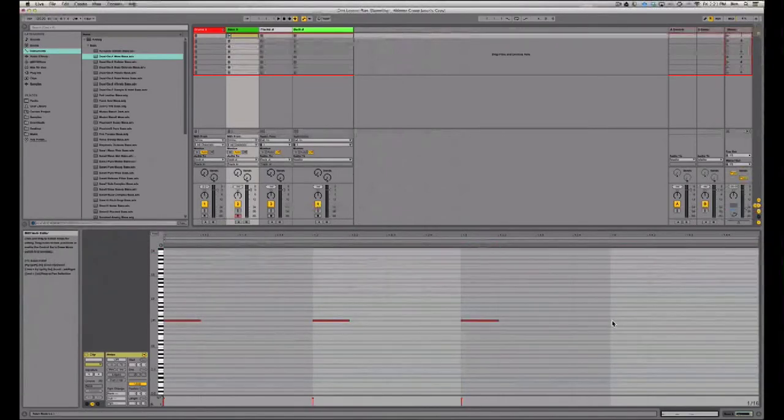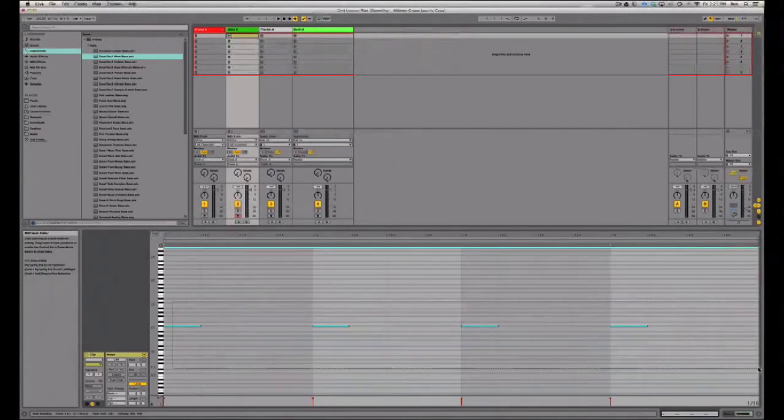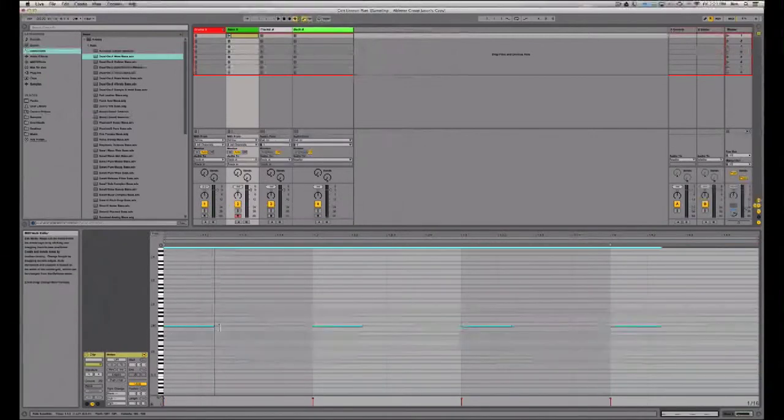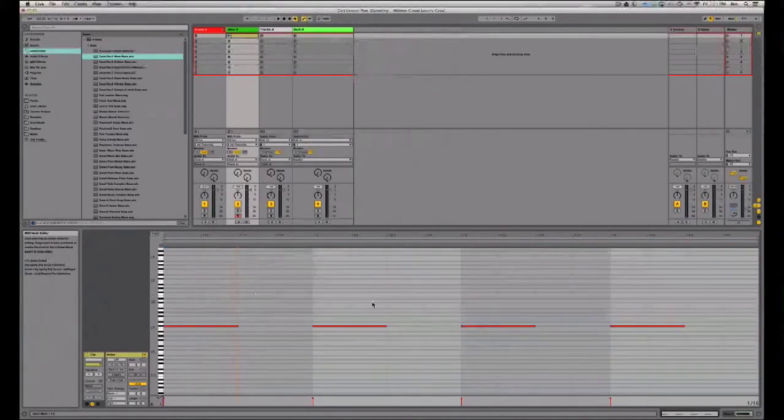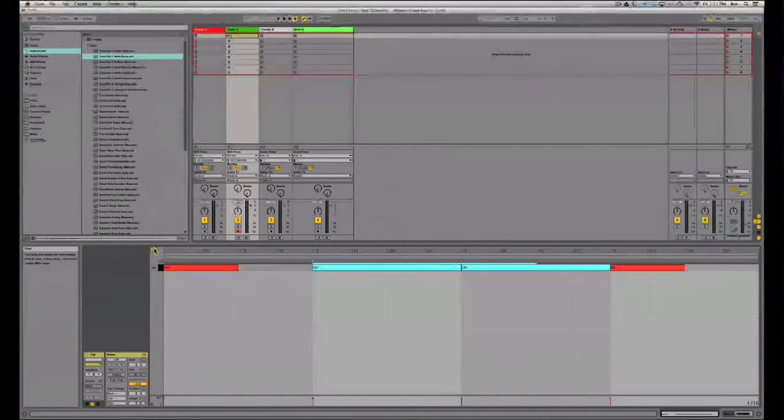You can also hit B for your shortcut to get to your draw tool and draw them in. And then another thing I like to do is just kind of make them all a custom length here. Maybe these two, I'm going to have legato. So I'm going to go ahead and stretch those out and have a little different pattern here, and I'm just playing a C. And then if you hit this little fold tab, it actually folds it down to view only the